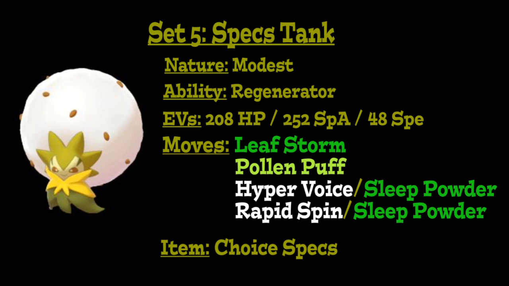Then we're going to go ahead and run Pollen Puff as a powerful bug type move for coverage, and then run either Hyper Voice for a more neutral coverage option as it is a normal type move. It's also a sound move, so it'll go through substitutes, which is pretty cool. Or just go ahead and run Sleep Powder here, as the utility of putting something to sleep is incredibly beneficial, even on a set like this one where we would be locked into Sleep Powder, because we can just put something to sleep and then switch right out, and then the next time we come in, try and deal some damage in some way. Finally, for the last move on the set, again, Rapid Spin is an amazing utility option,